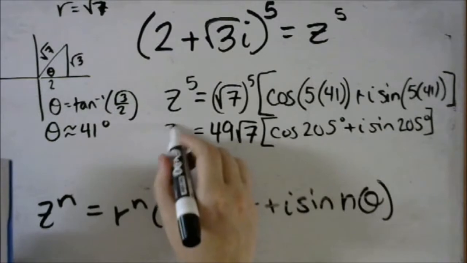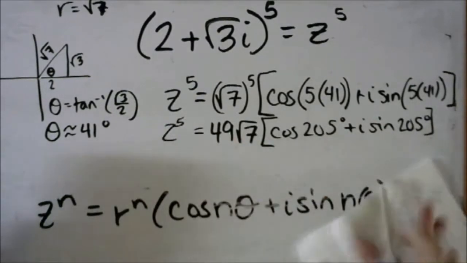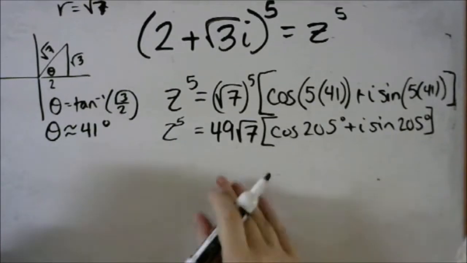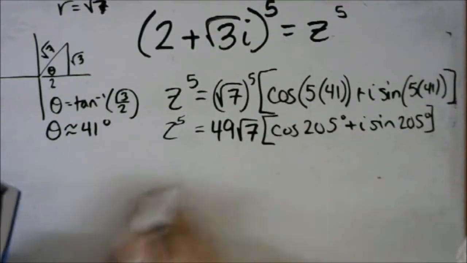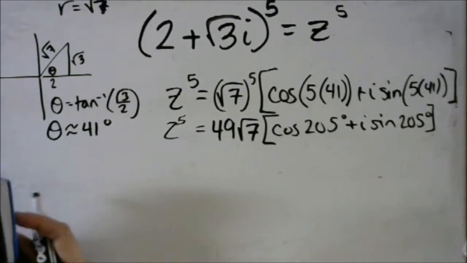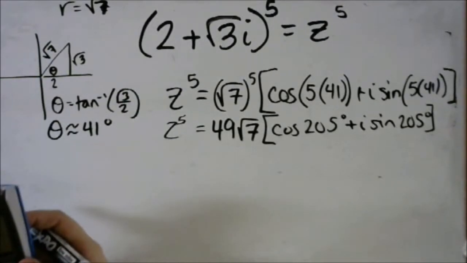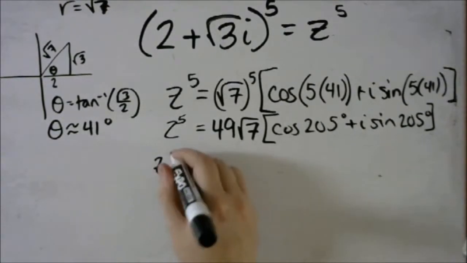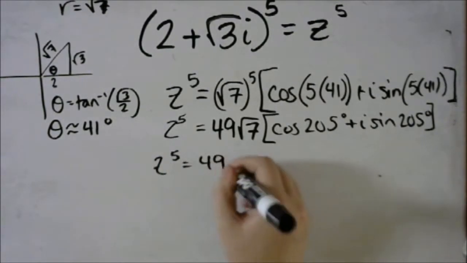And for my last step of simplification, I need to go ahead and evaluate these numbers. Because 205 is not on my unit circle, I am going to leave my answer as a simplified decimal. So I get that z to the 5th is equal to 49 rad 7